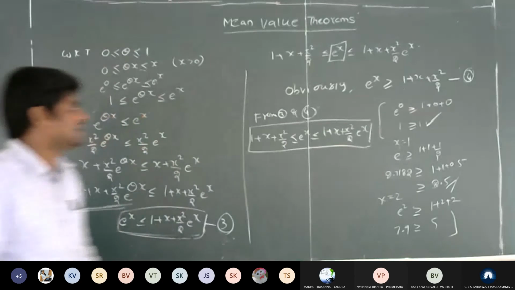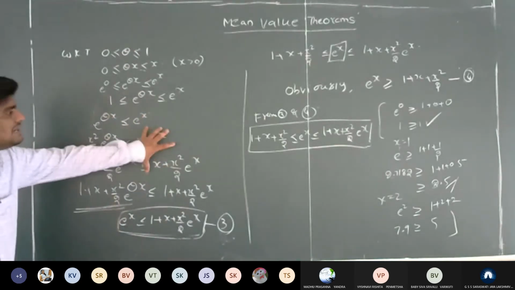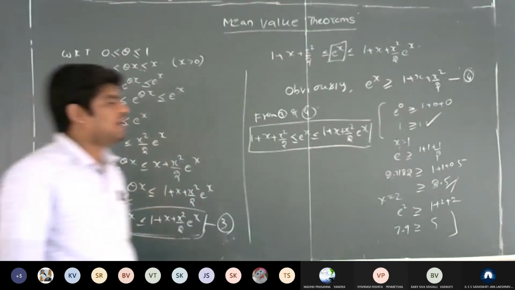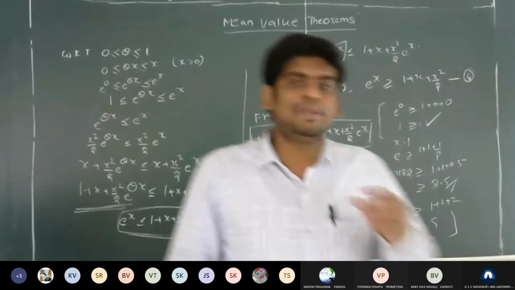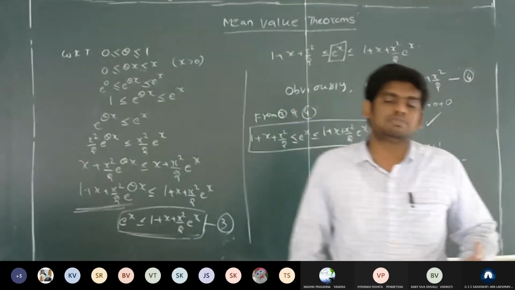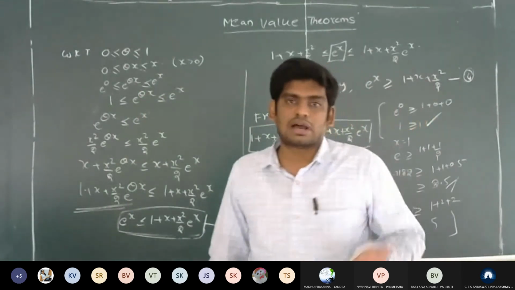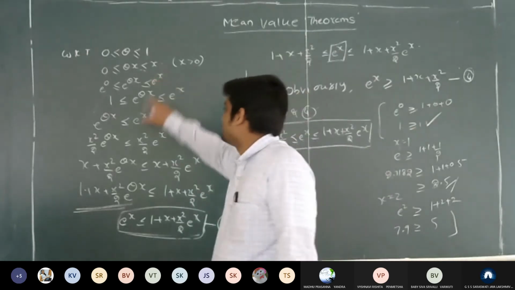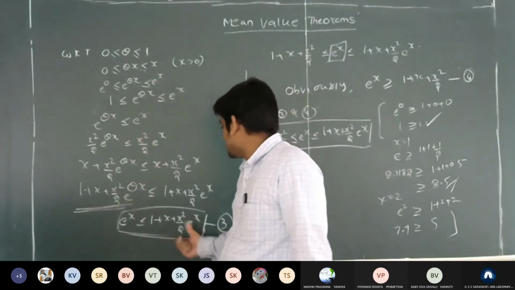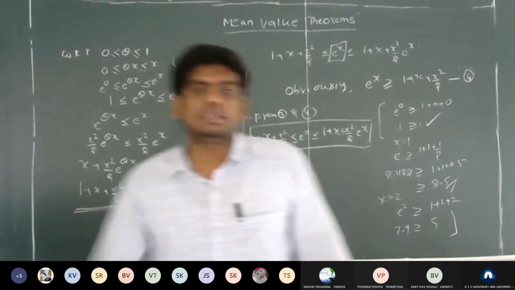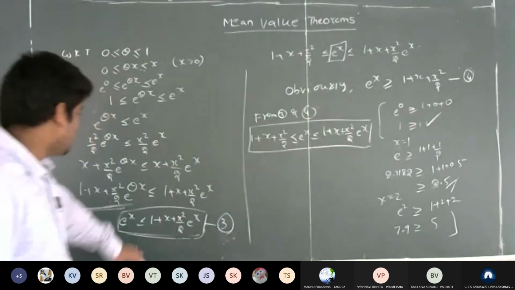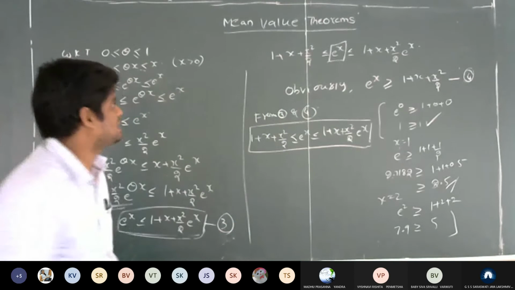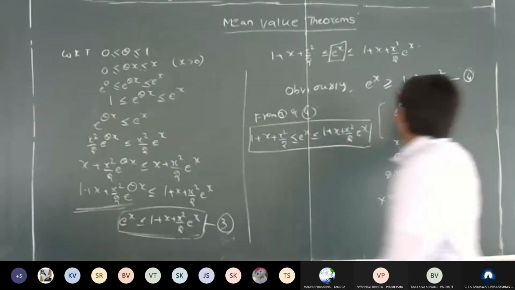So this is the given result. It is a very easy one. First, we have to form the e power x value by using the Lagrange's form of remainder for the Maclaurin series. Now, based on the known result, we obtain this relation, that is equation number 3. If we get this equation number 3, almost the problem is over. Why? Because it is an obvious result.